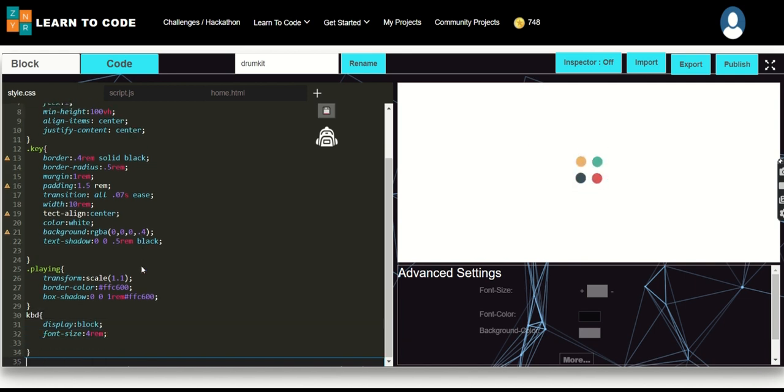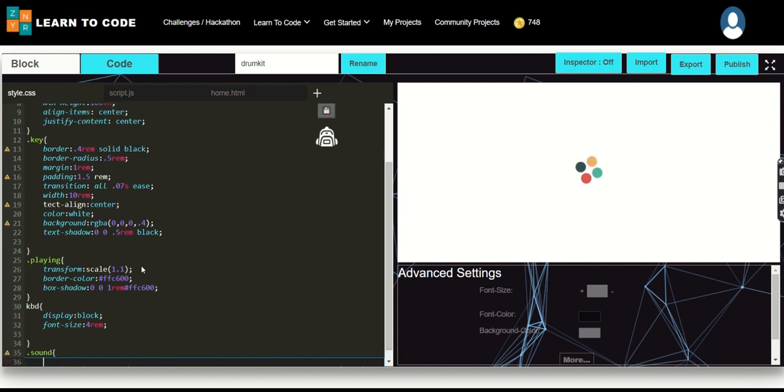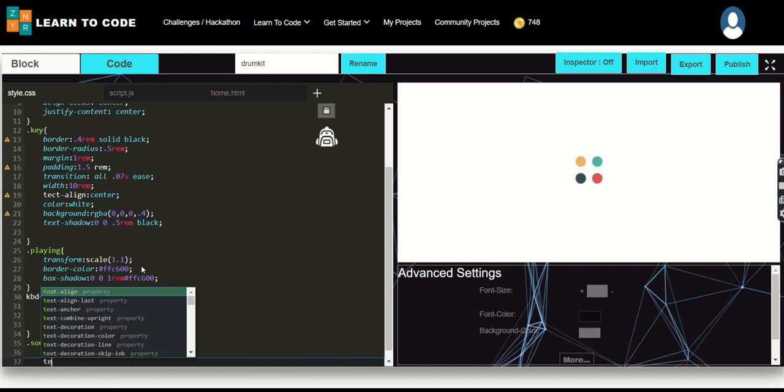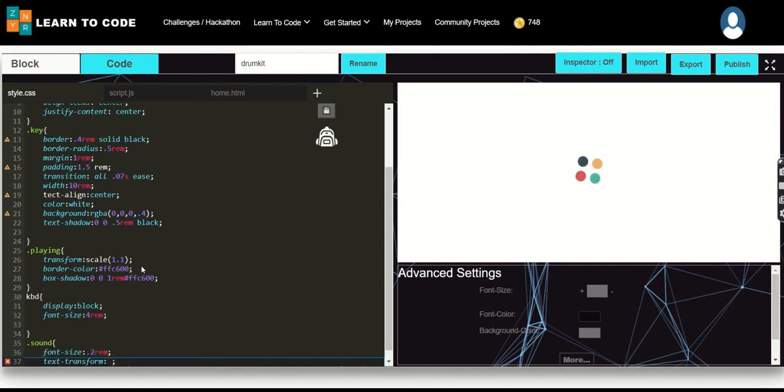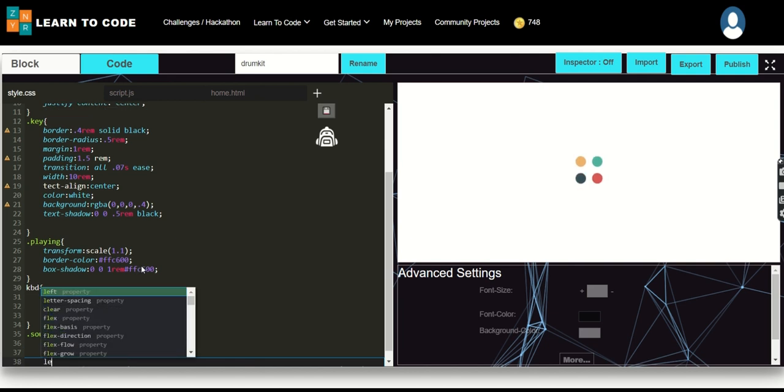Next, for the sound also, I'm going to create styling. For the sound I'm using a font size of 0.2 rem, and I'm making the text transform uppercase. So I'm converting the A, S, D, all the letters to be in uppercase, and the letter